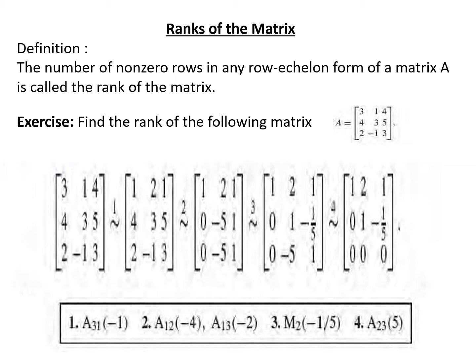If you apply the addition operation in order to get a key element, a leading 1, at the 1 comma 1 position, we have to multiply row number 3 by minus 1 and add it to row number 1. So you see, if you multiply row number 3 by minus 1, we obtain minus 2